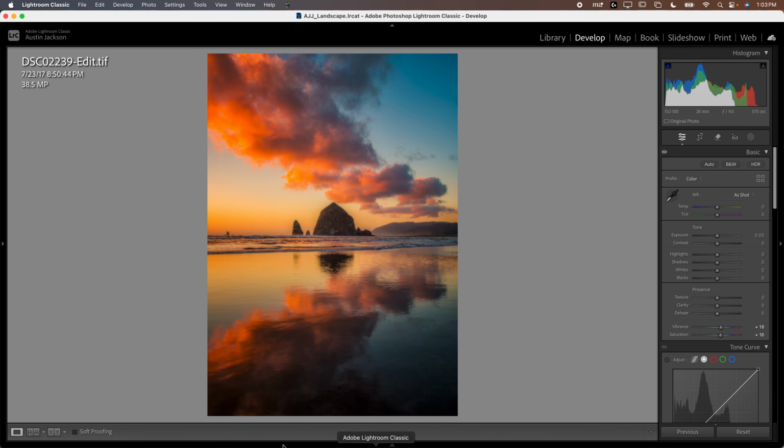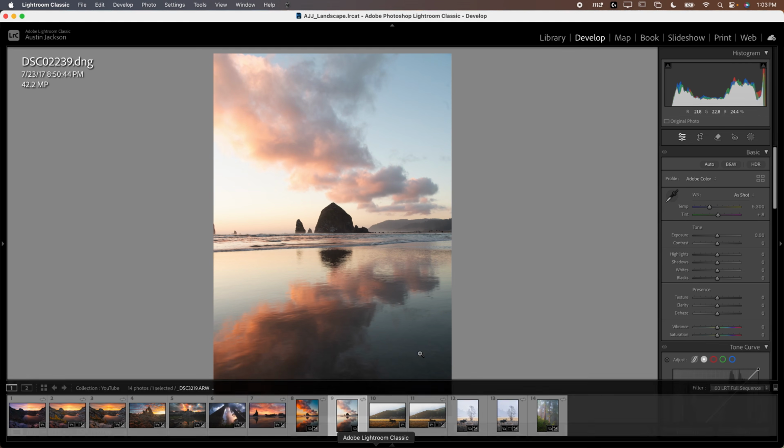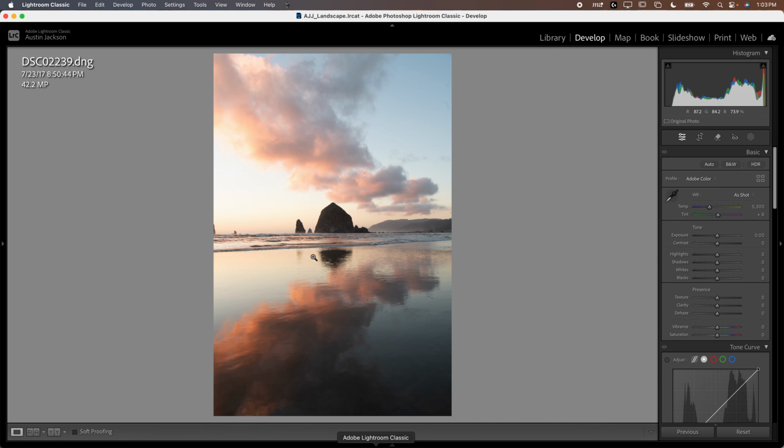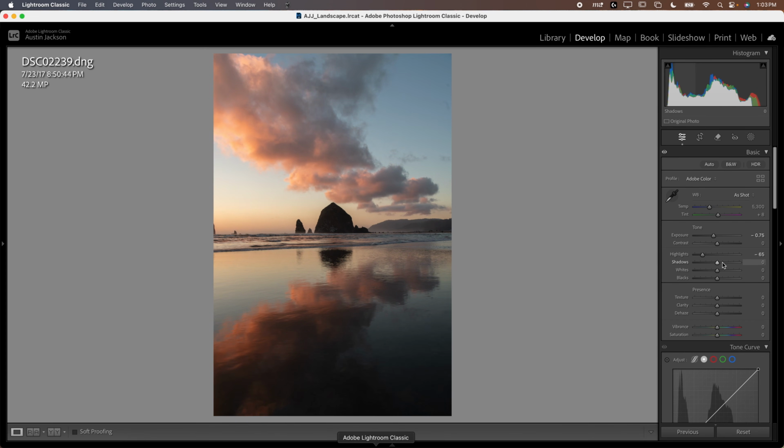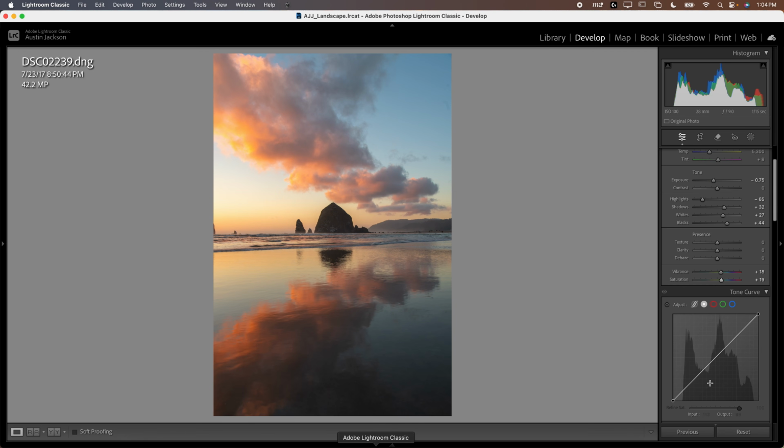I can't fix this because it's a TIFF, but I have the raw file. Raw file is right here. And you can see there's not that much color to begin with. But if I was just going to edit this through, adjust the exposure, drop the highlights, increase the shadows, increase the whites and the blacks. Now you could go in and grab vibrance and saturation, use my tone curve, create a little S curve there,